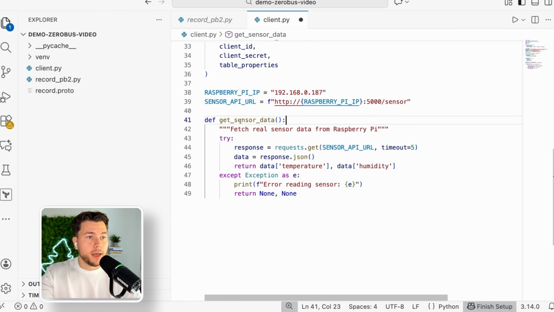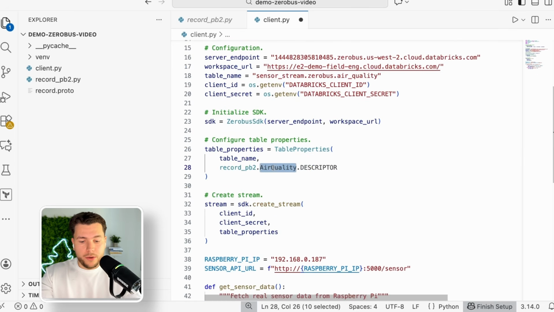And what I will do is I implement a small function called get sensor data. In this case, this is fetching real sensor data from an API that I expose on my Raspberry Pi. You don't have to understand all of the details in this video. I will upload a separate video where I walk you through the whole setup end to end. For this video, all you have to know is in this function, we are getting real sensor data from our Raspberry Pi. Then I see here, we also need to tweak this one as it is called air quality in